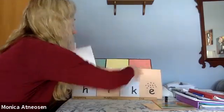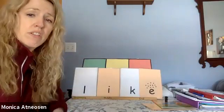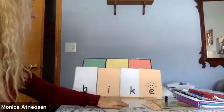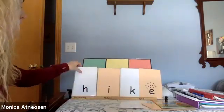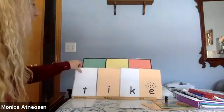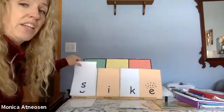So then I got to thinking, well, maybe if they thought it over, how they knew for sure that this one is, boom, lightning word, like. If they knew that, they could go, oh yeah, I know like. That means I can figure out hike. And if I can figure out like and hike, I can figure out Ike, tyke, psych,